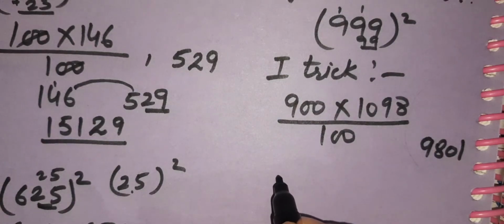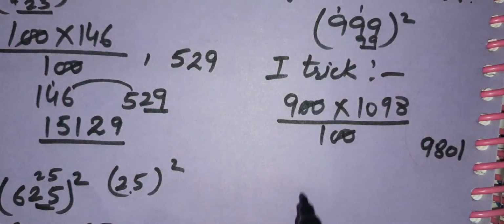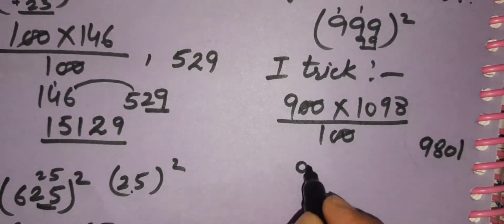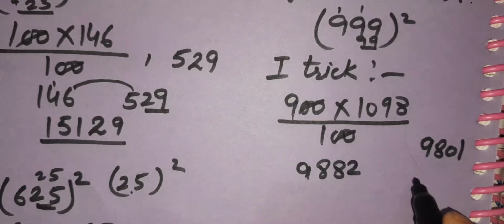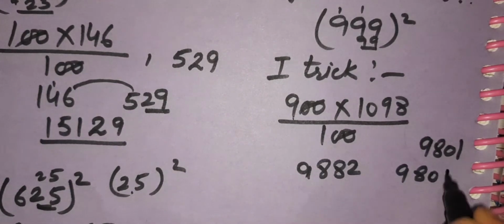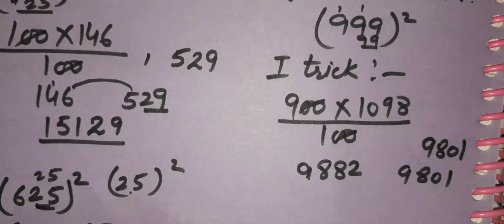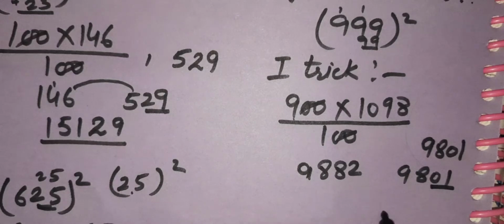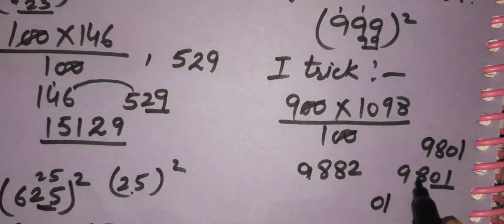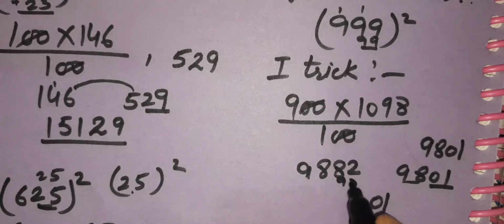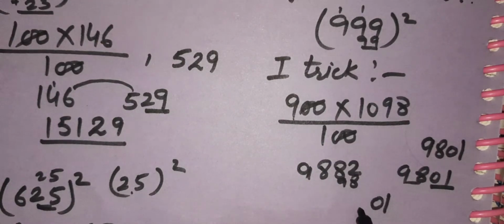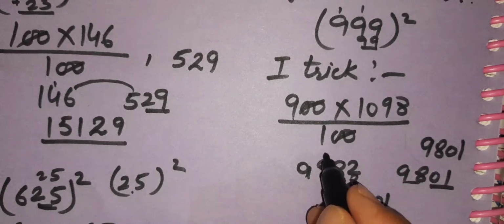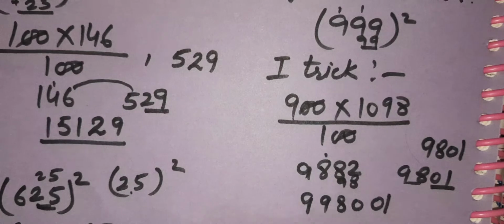Okay, now it's time to calculate the second step. 20 cancel out and multiply 9 to 1098. We get 9882 and write this square of 99, that is 9801. As we have done previously, in the same way, we used the 20 here. So we will pick the 2 digits here. That is 01, and 98 will be the carry here. We will write 98 and we'll add them. 8 plus 2, 0, 8, 9. 17 plus 1, 18. 1 carry here. 8 plus 1, 9. And 9 is as it is.